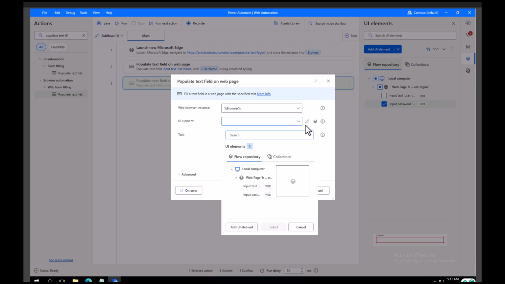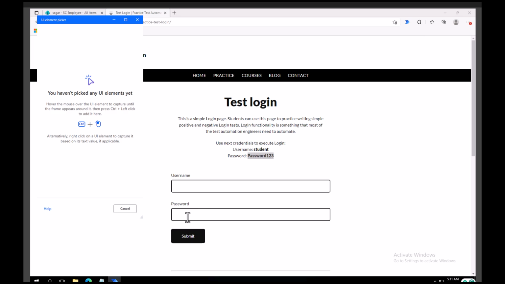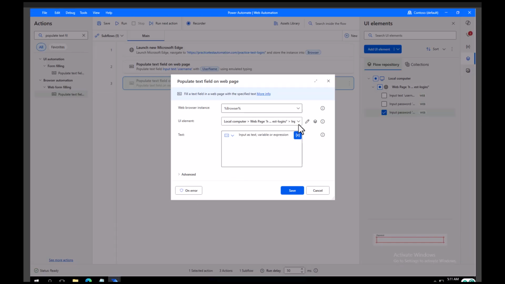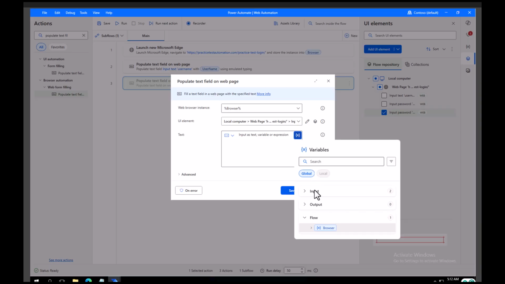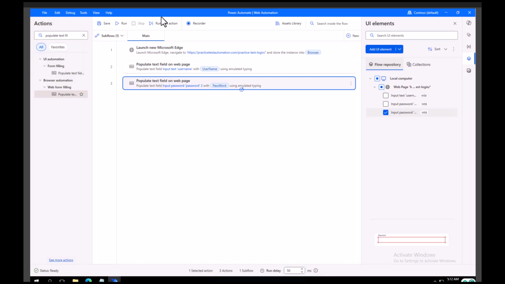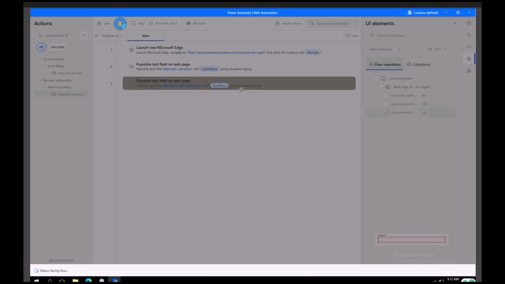I need to select my UI element. I will click on add UI element. I will go to that particular place where I need, and I will simply press Ctrl and mouse left key. It has selected that action, and here I can go for my password now. I will double click here. Password is here. Alright, let me save